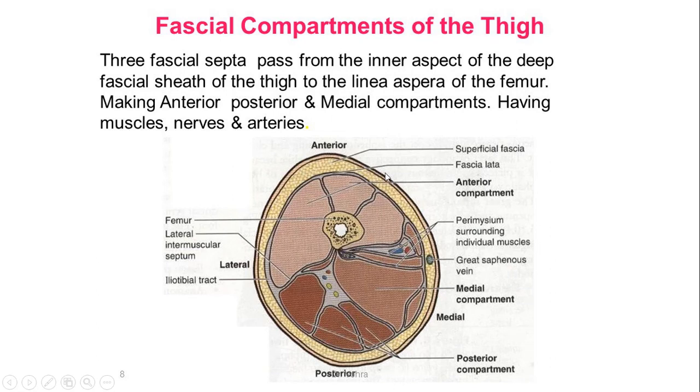Now, from the deep fascia of the thigh, the fascia lata, certain septums move inside and attach to the bones, inside the femur, and similarly in the lower leg, and they are called intermuscular septa. In this way it divides the region into different compartments. Here is the lateral intermuscular septum, and here is the medial